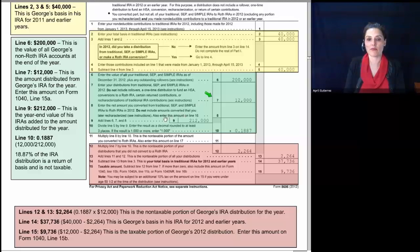The math or the formula on the form then is to take the year-end balance and add to that distributions taken during the year. Add those numbers together, and when you do that you get $212,000. And then on line 10 it says divide line 5, which is the basis in the plan, by line 9, which is $212,000. So if you take line 5 divided by 212,